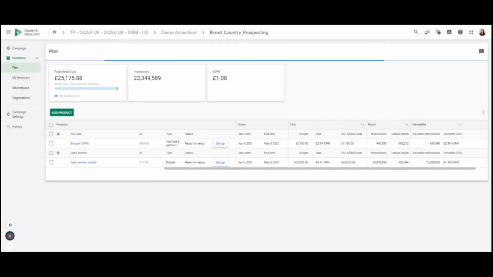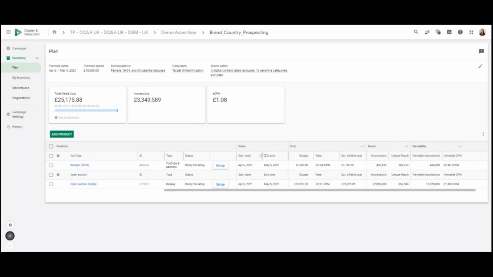And you'll be brought back to this view where you have a recap of your products, your running dates, your costs, your forecasted reach, and viewability. If you are a planner user role in DV360, what you can do is share this plan with anybody who has already access to the platform by just telling them to log into the planning area. So you don't have to send any links to anything, because this is widely accessible to anybody who has read